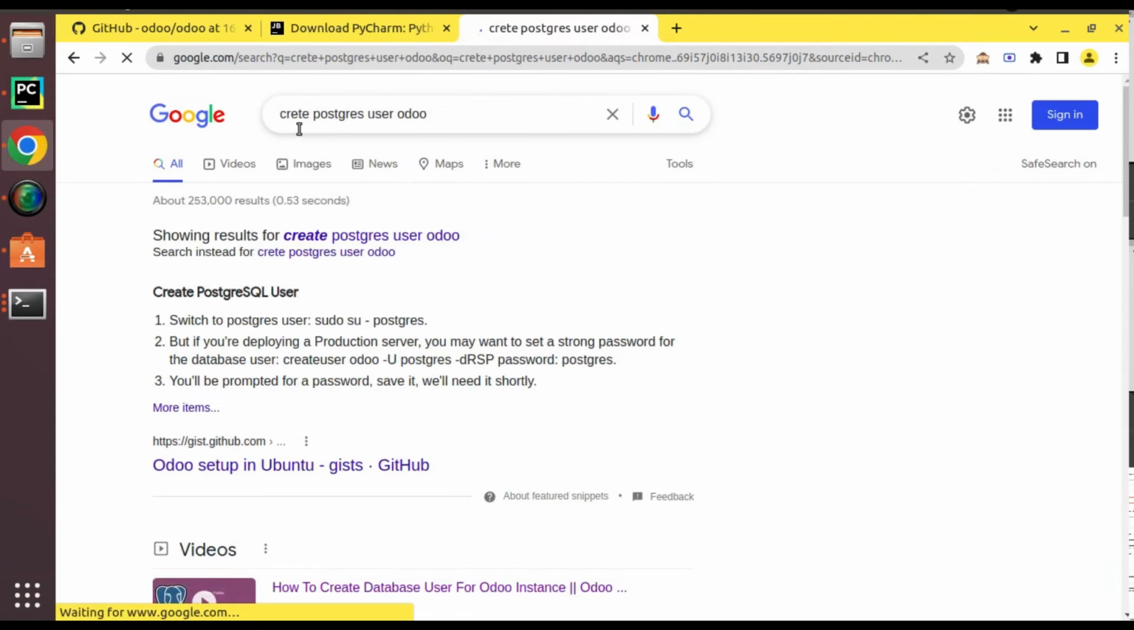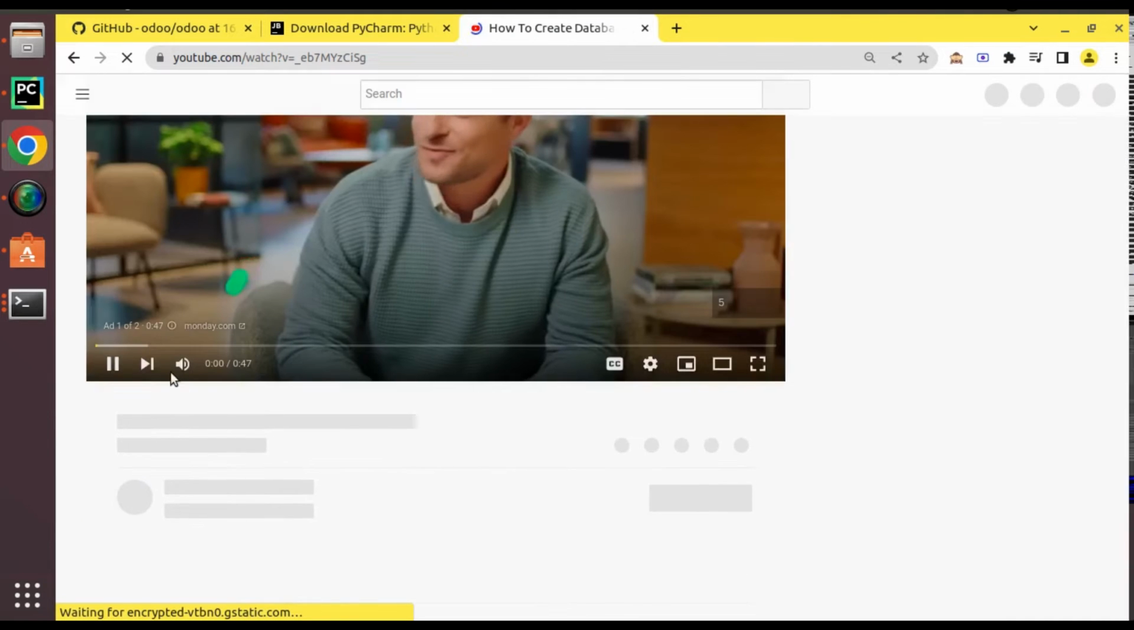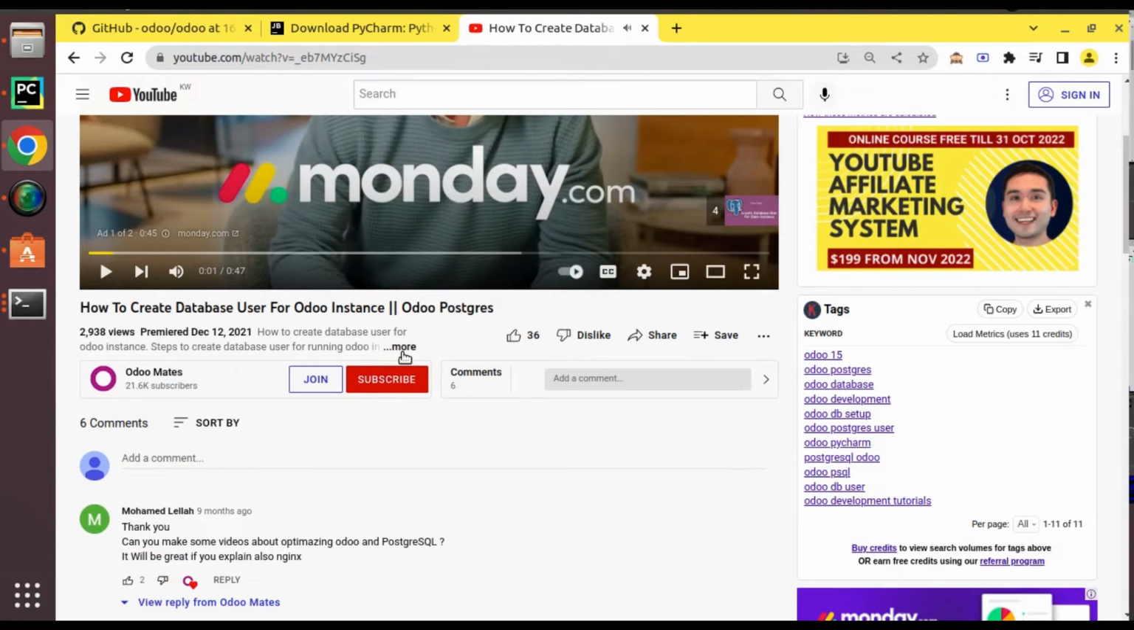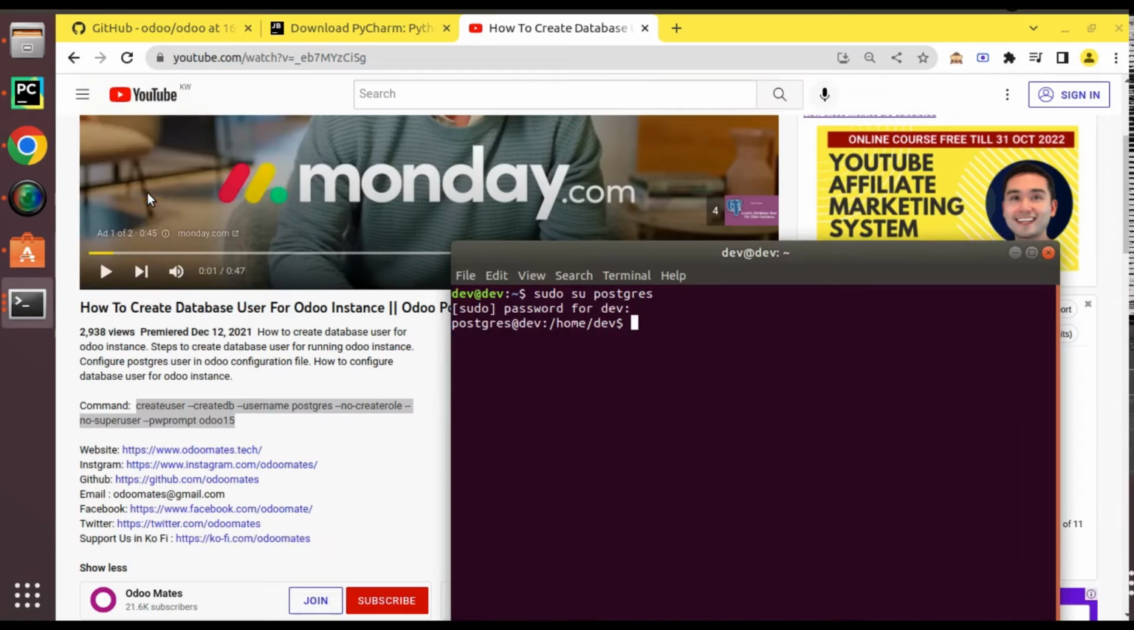I'll just search create Postgres user in Google. We already have done a video, so I think we have in the description section or somewhere I will be adding that code. Yes, here we have the code. So simply I'll copy this code of creating the Postgres user, and this is the terminal which we have opened,